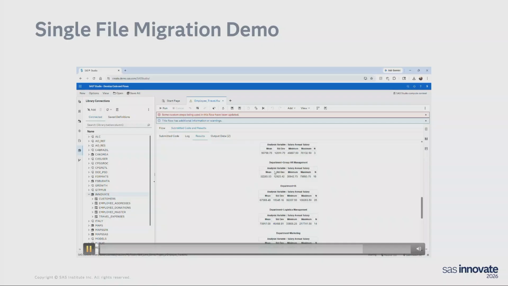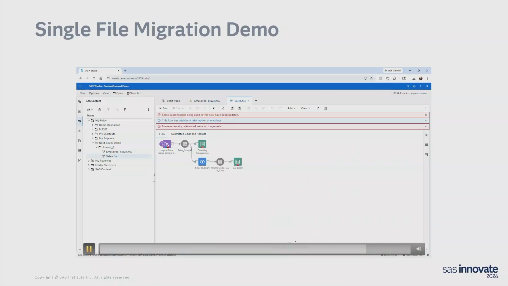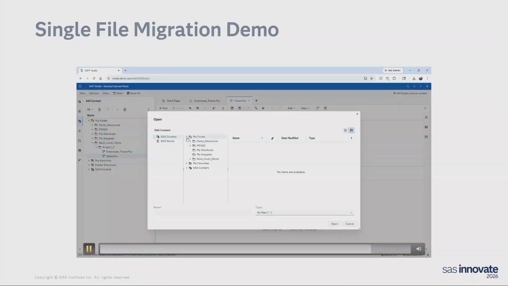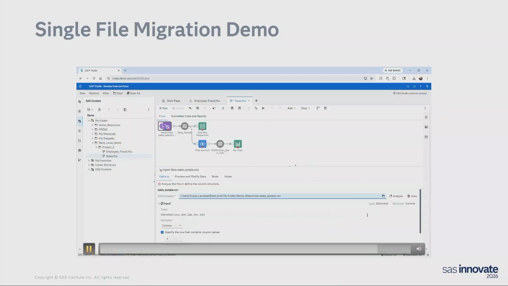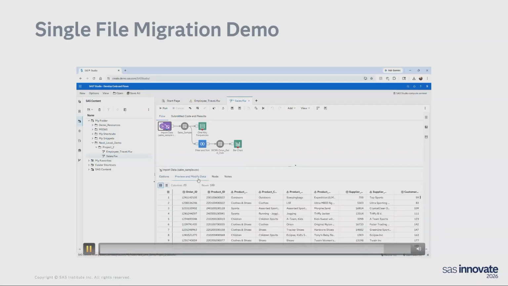Now we can transfer back over to the sales flow. And you remember that we began here by importing data, but we're going to come here and we're going to import a file from the server. I'm going to select the same CSV with the same name and click OK. And because it is a newly connected CSV, we do need to analyze it. This is SAS looking at it, picking up the details of it, etc. We're able to look and see how the data is going to look when it is imported.